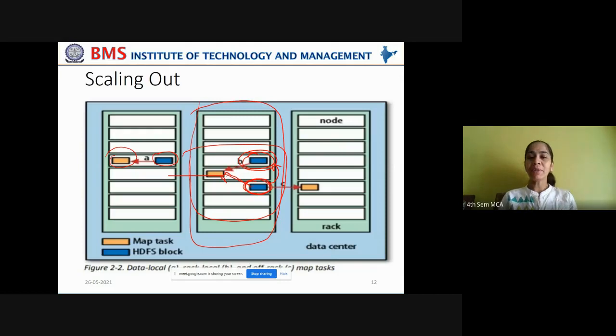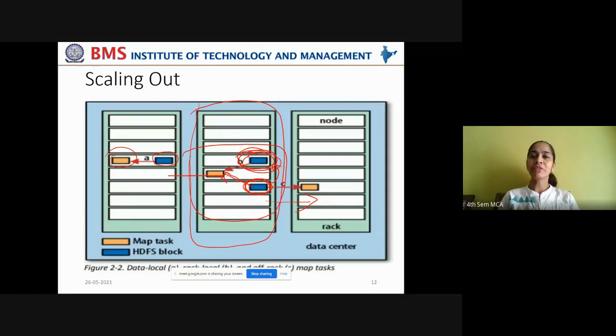Now, in extreme cases, even this data node may be running other map jobs. In such a case, it will go to an off-rack node. Off-rack node means not in the same rack, not in a different rack in the same cluster, but it may have to search for a node on an entirely different cluster, in order to assign that HDFS block to run the map task.